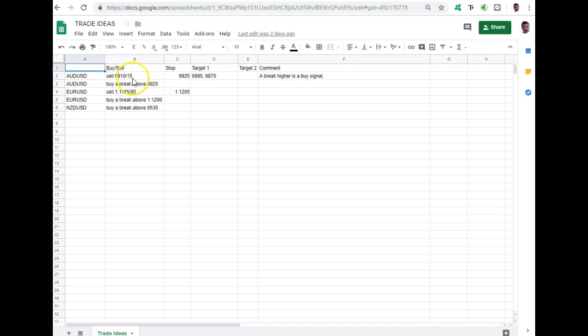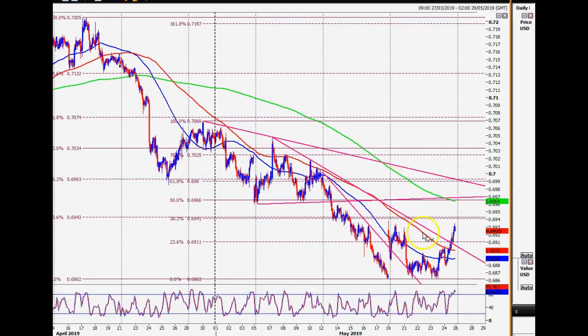On Friday, on my little trade ideas spreadsheet, I did have a selling at that resistance 69.10, 69.15, stop at 69.25, but I said a break higher is a buy signal, so we should really be into longs now. Certainly this is going to be support when the markets open on Sunday night. 69.10, 69.05 might be a good idea to buy into this and see if we do see continued weakness in the